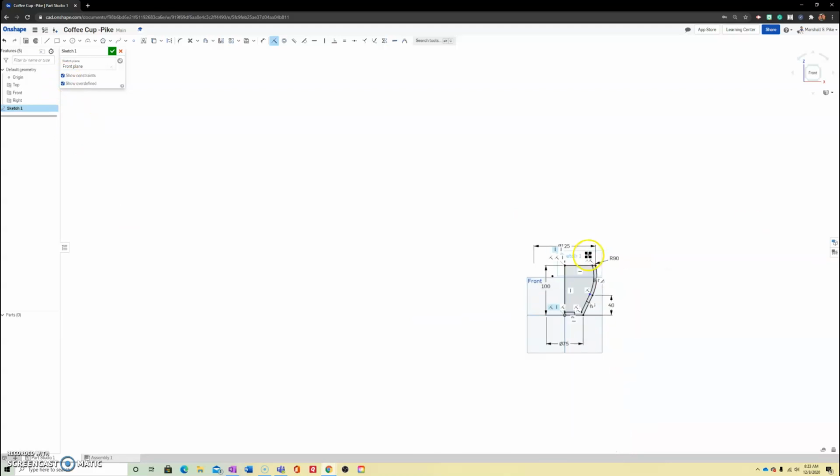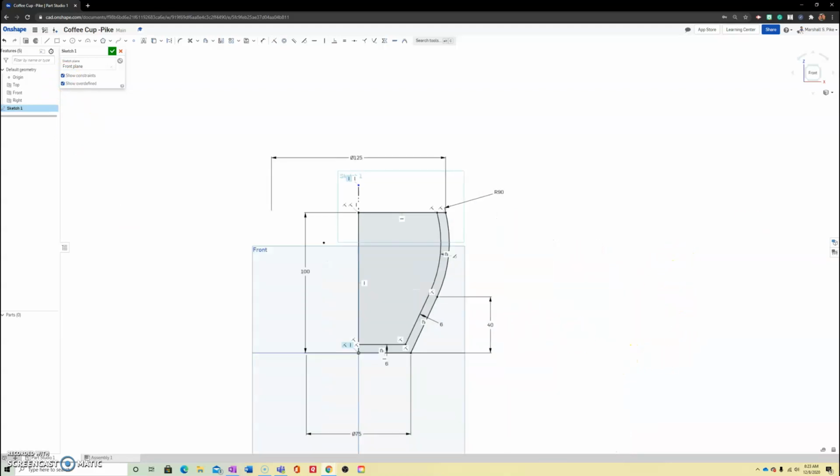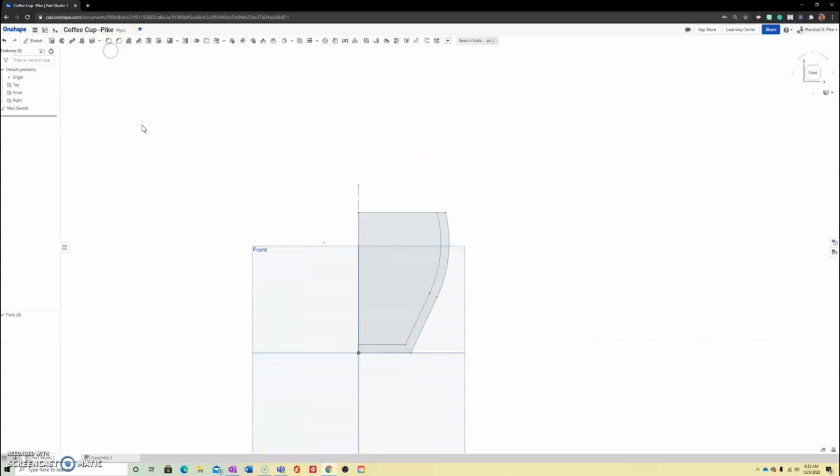And from here, now I'm ready to go ahead and use the revolve command. Actually, I think what we want to do, they have you change this to main sketch. So we're going to call this the main sketch, and we'll do that before we revolve. So after you change the title, we will then accept that, and now we're ready to revolve this about the